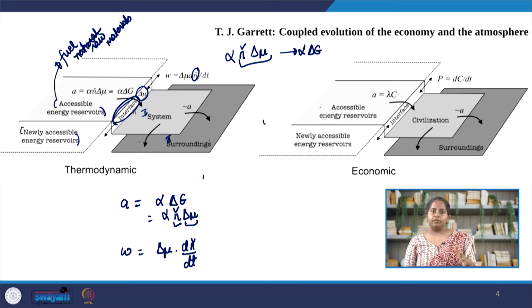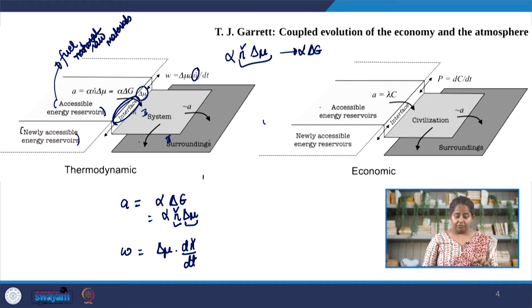Okay, a very important thing to understand here is that wealth generation is not decoupled from energy combustion, energy use. Energy use is required for the generation of wealth. The rate at which the system grows is basically the production. It tells me about the rate at which the wealth grows in this model.